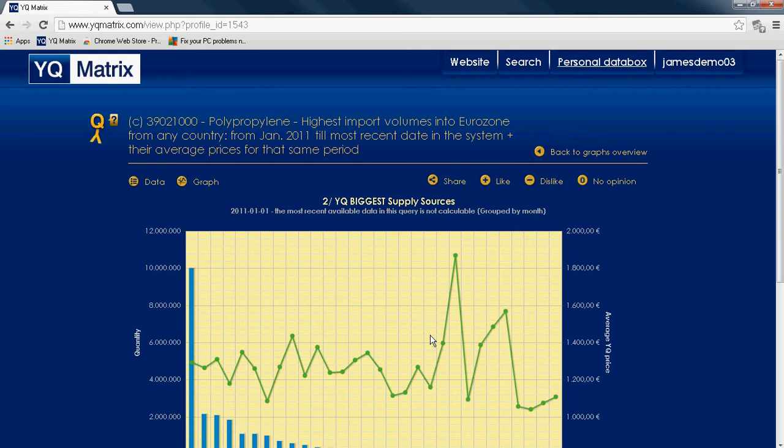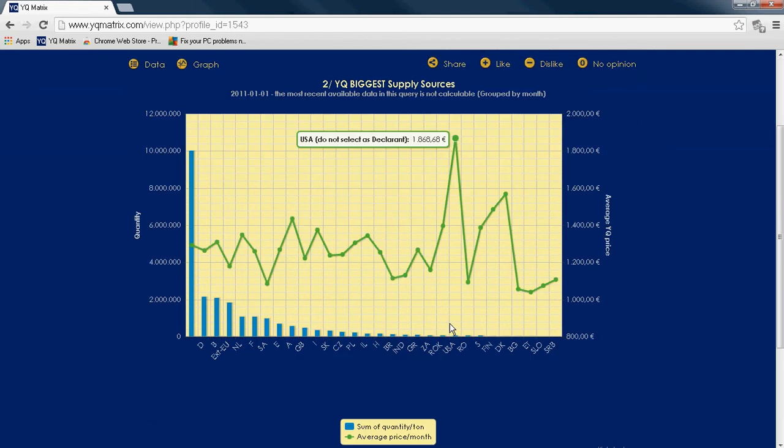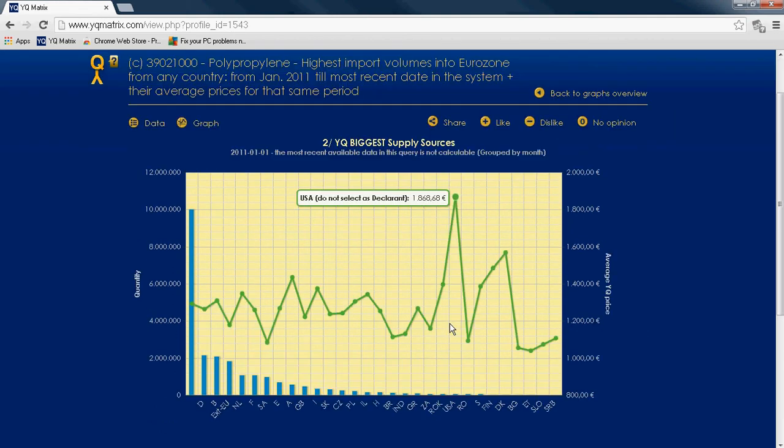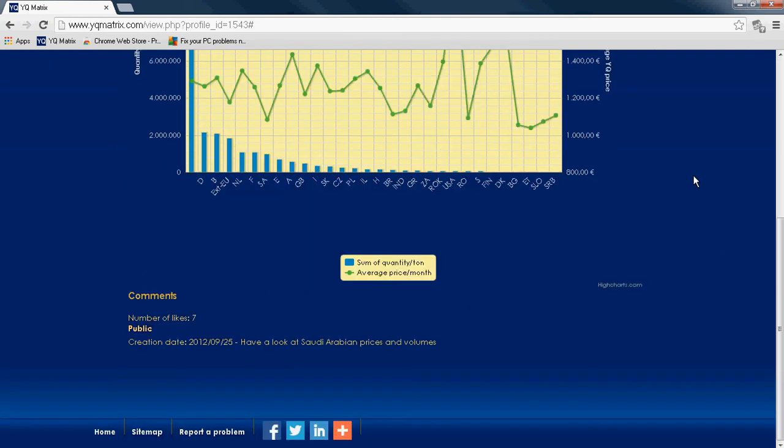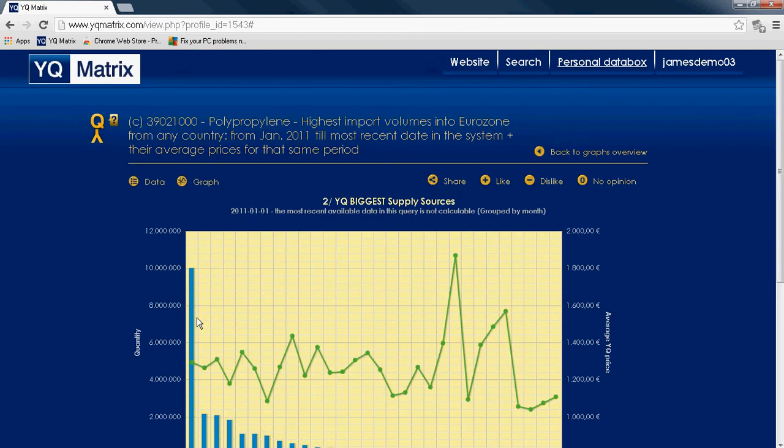You can view this graph because they indicated this graph as being public, so you can without any problem check what they did, and you can, if you want, like this graph and give your opinion on it. And finally you will see that all opinions of a graph are appearing here in the comments, number of likes. So 7 people like this graph, which means that basically it's pretty reliable. You can also say it's rubbish, so you can dislike,